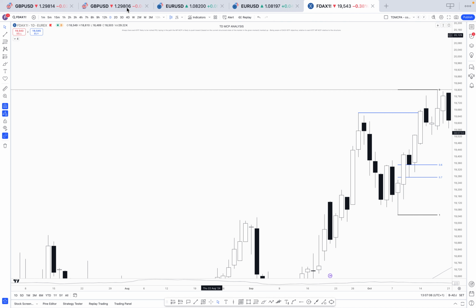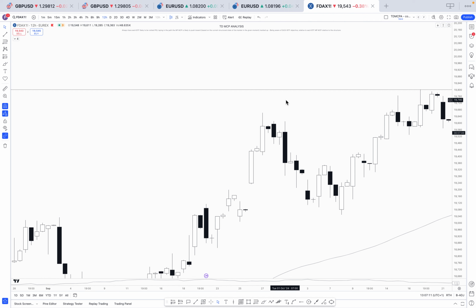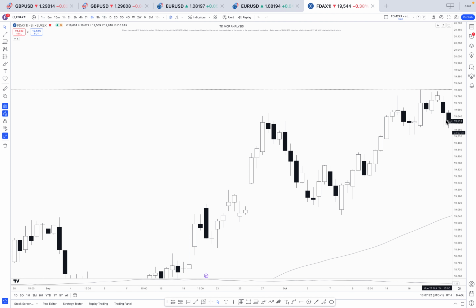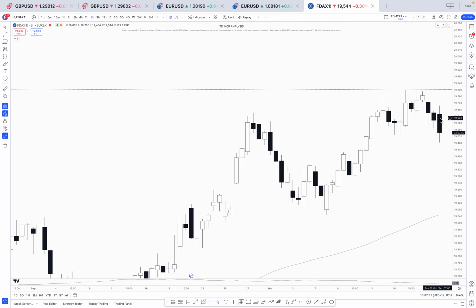But to go back to why I don't use the 12 hour, it is because of this. You get a 12-hour bar close at 7, and then this bar is only open for a few hours. So I just go straight to the 8, where this bar closes at 3, and then this bar is open till the subsequent day's morning open. Regular trading hours too, not extended.